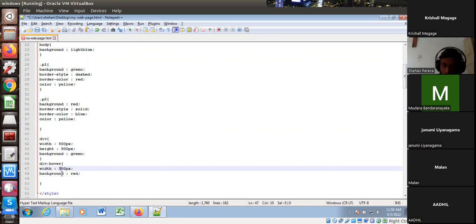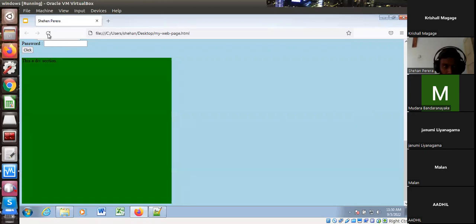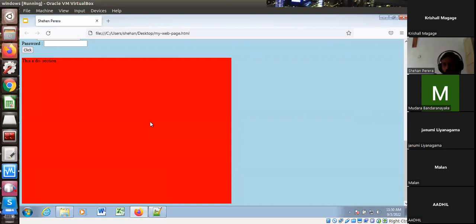I'm changing the width to 700 pixels. So let's see what happened. When I hover, it becomes red, and the width also increases, but